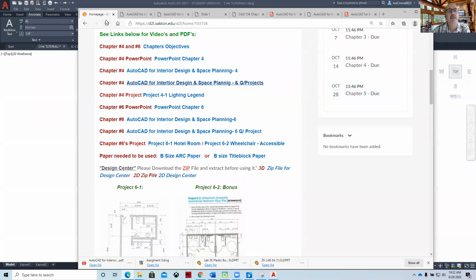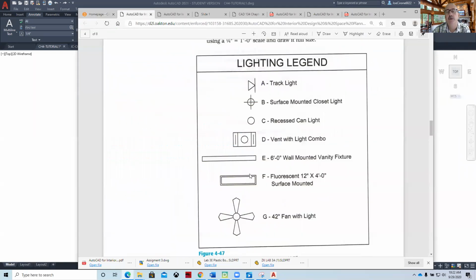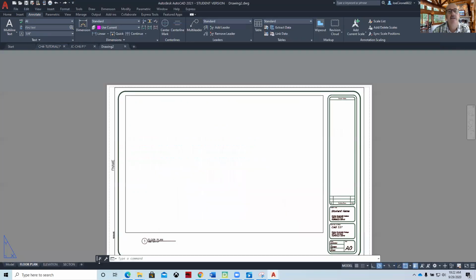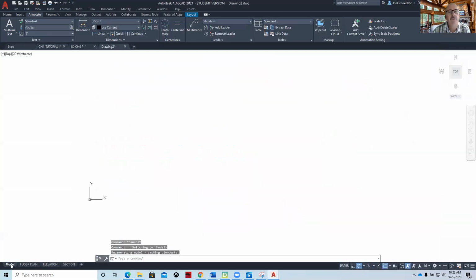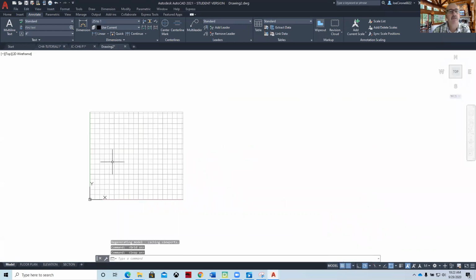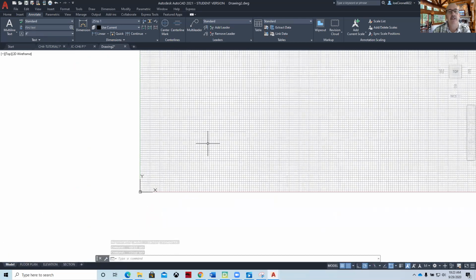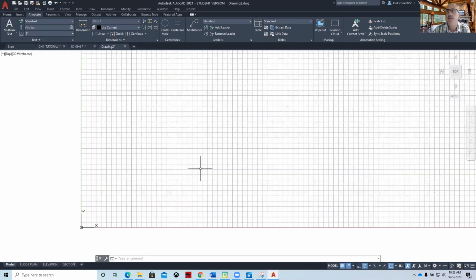But the assignment, after we do our quick review, will be how to draw this. And just to jump into it and then come back to it, what you're going to do is click on the B-size architecture paper. You're going to open that file. You're going to go to model space. You're going to enable the grid and the snap. We're going to zoom in to some convenient place on the screen like this. And then if we look at the drawing,